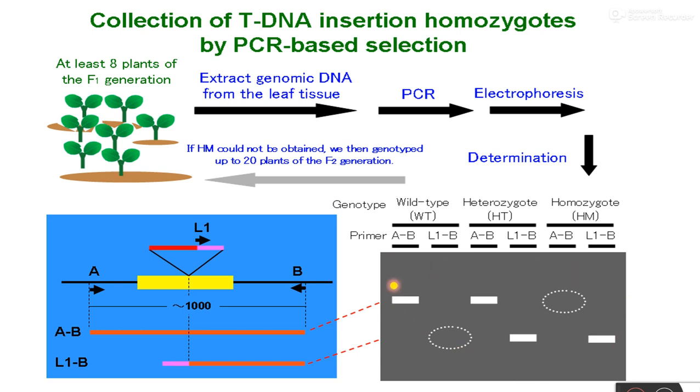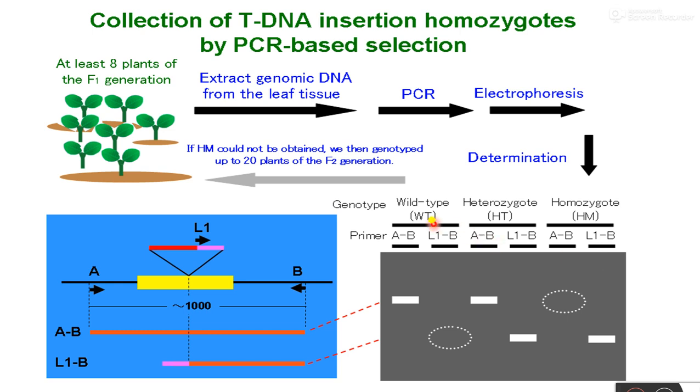And after analyzing the banding pattern of the amplified product, we can say that yes, this plant is a wild type line, this plant is a heterozygous mutant line, or other plants are homozygous mutant lines. So now we will learn how, by analyzing the banding pattern in the agarose gel, we can differentiate between wild type, heterozygous mutant line and homozygous tDNA insertional mutant lines in Arabidopsis thaliana.